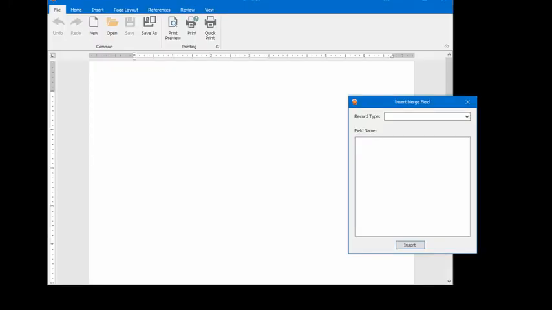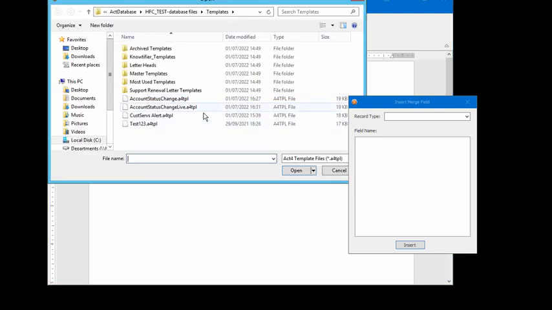Now the template editor is a fairly simple tool. It's a little bit like Word, and you can start with a blank canvas, or you could of course open and change any templates that you've already got configured. So of course you can make these as complicated or simple as you like. If you've created a nice HTML type template in Word or Outlook, you could even copy and paste that into